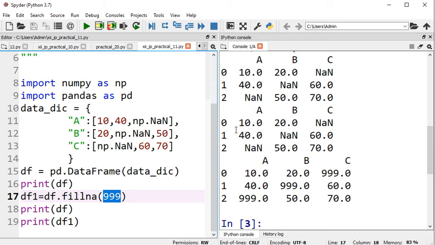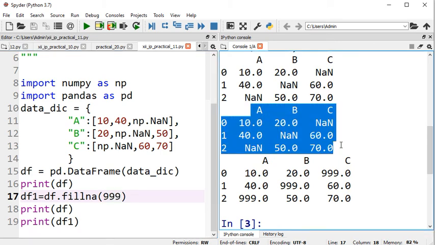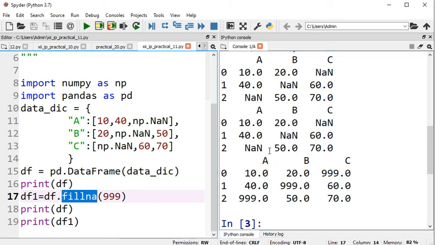The fillna method returns a data frame with the replaced values.